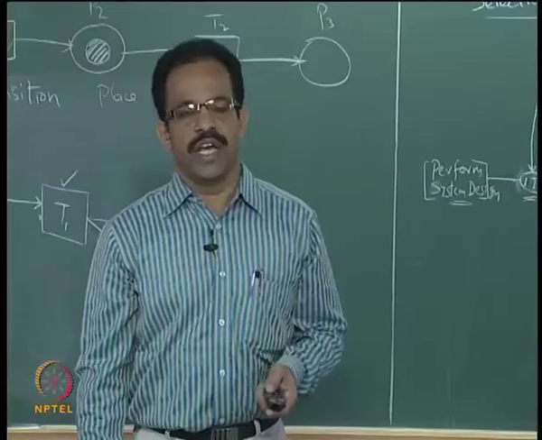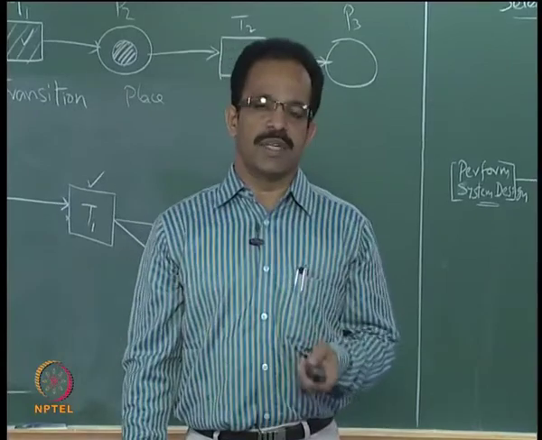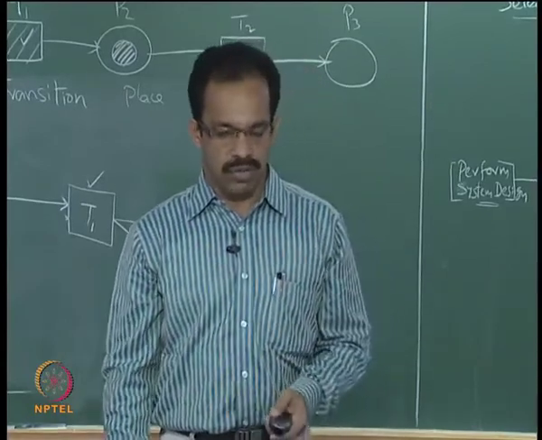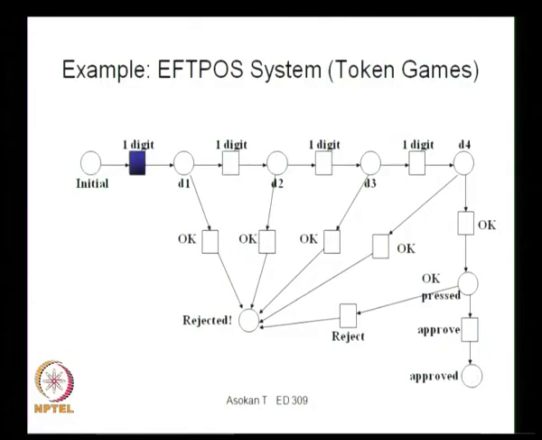Now the second scenario where you press only 3 digits and press OK, then what will happen, we can show the same thing again using PetriNet. So the first digit, second digit, then you have the third digit, and now if you press OK, it will go to the rejected and the transaction will be completed or it can be terminated. The token will be again made available to the initial one.